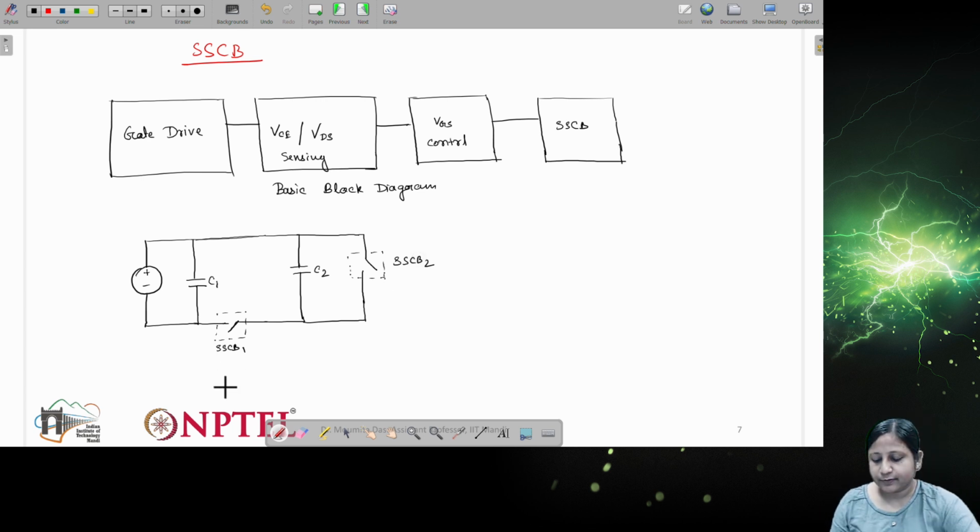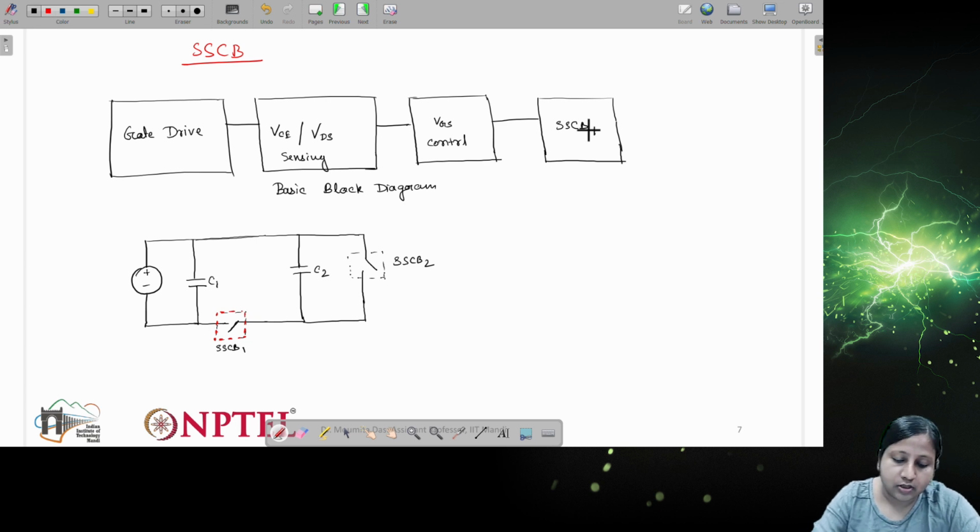The first one is the one which we are testing, the SSCB, how it is operating and how to set different parameters of this SSCB. As you can see here, this looks like a switch, and this is the SSCB